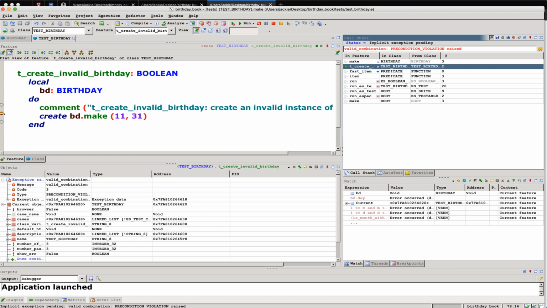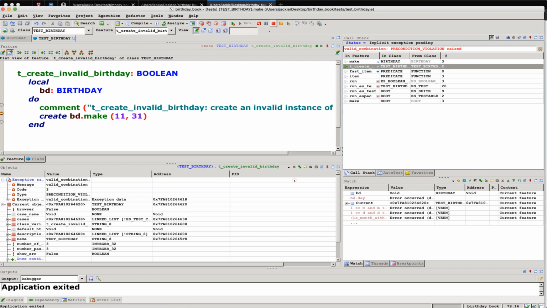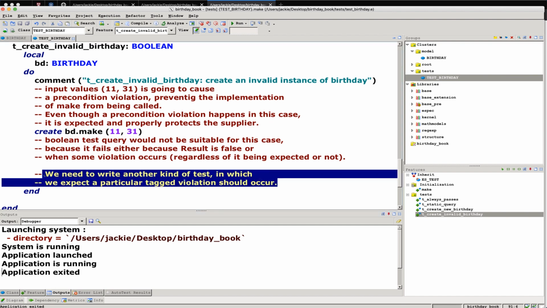So please pick it up from here, and then you can apply that to your development to find your defects. Okay, let me stop here. So we already know very well how the precondition actually occurred. So what we like to do is we want to really write another kind of test in which we expect a particular